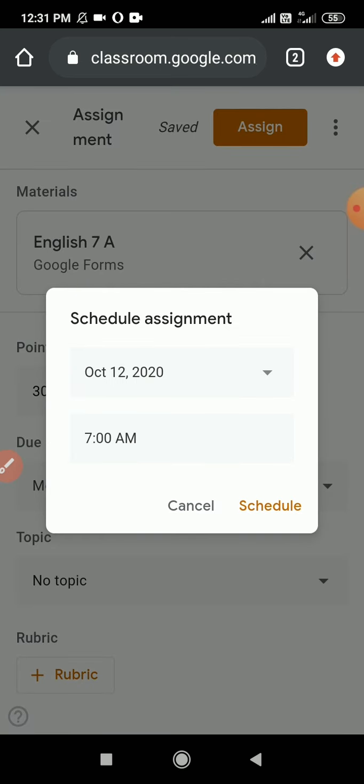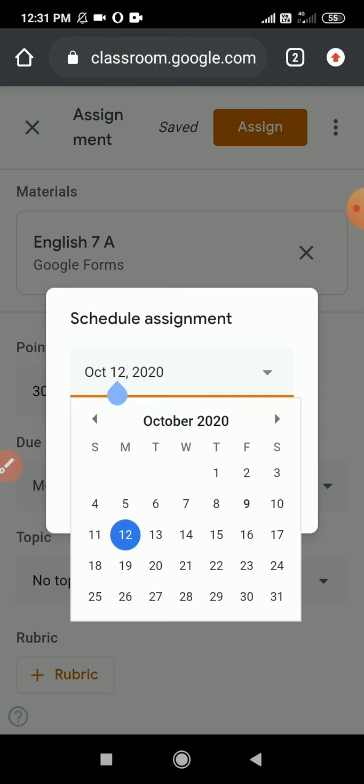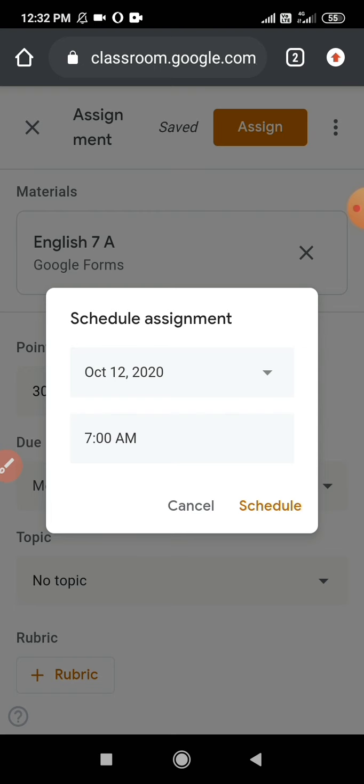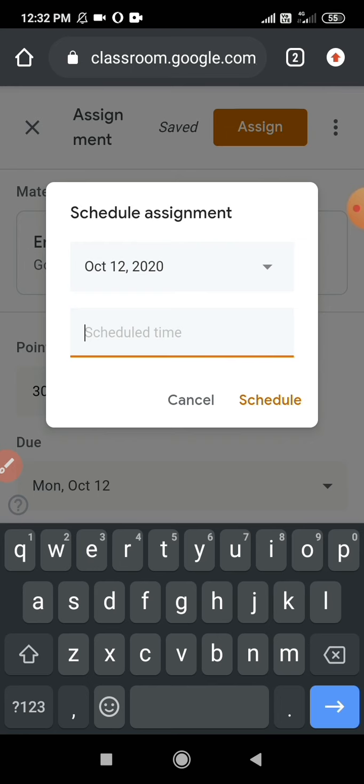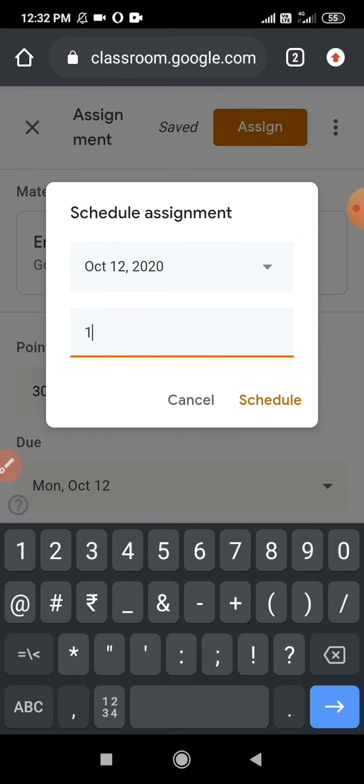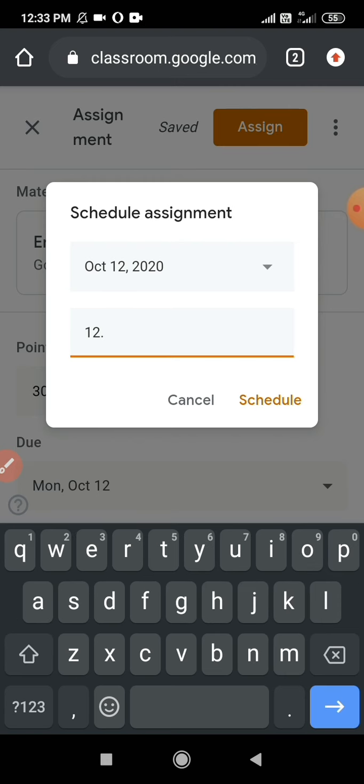Here this is the timing at which our paper will open. Okay, so this is very important. We have to set the date and time from here, on whichever date is our paper and at whichever time it is going to start. Suppose whatever timing the exam is going to start, let it be 10 a.m., 11, whatever. So I am setting it like 12. We have to be careful with 12: 12 noon, or we can write 12 p.m.